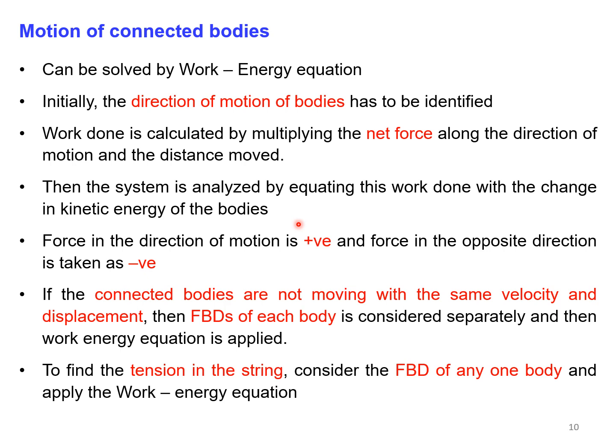Suppose you have connected bodies, and the connected bodies are not moving with the same velocity. For example, if you have two bodies moving with different velocities, then in that case you have to consider the free body diagrams of each body separately and apply the work energy equation. If the connected bodies are moving with the same velocity, then you have to analyze the system as a whole. If the connected bodies are not moving with the same velocity and displacement, then you have to